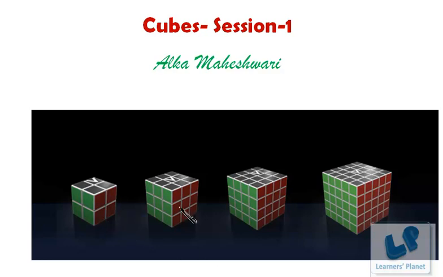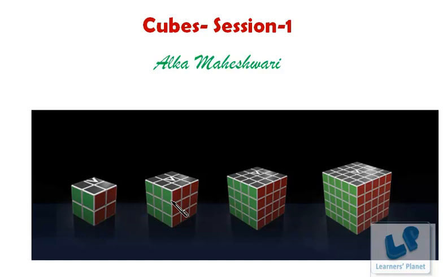Now here you can see various types of cubes. This is 2 by 2, that means there will be 8 cubes, 2 height, 2 length and 2 width. So that is 2 into 2 into 2. These are 8 cubes. Similarly, we can see here 3 by 3 by 3. That means 3 into 3 into 3. There will be 27 cubes of side 1 by 1 by 1.